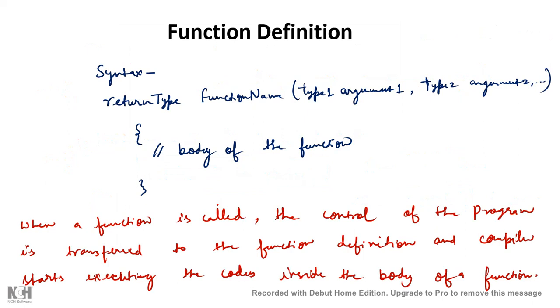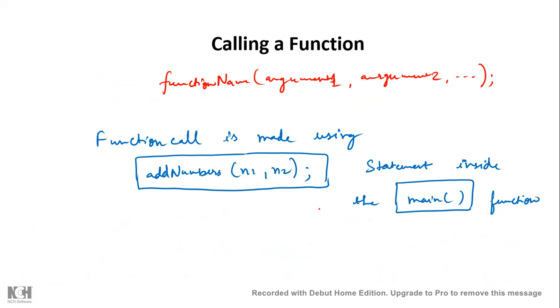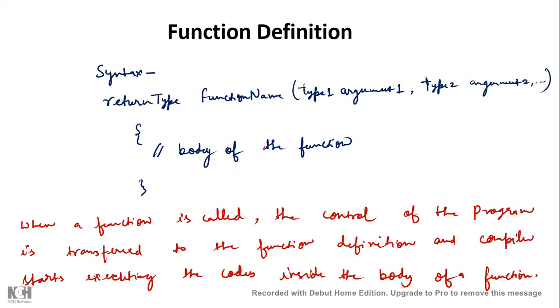Now when a function is called, the control of the program is transferred to the function definition and the compiler starts executing the code inside the body of the function. So what happens inside the main function? In the previous statement we discussed that we need to call a function by writing the function name and parameter passing inside the main function. Once the compiler finds that there is a function call in the main program, what will it do? It will jump the control of the program from the